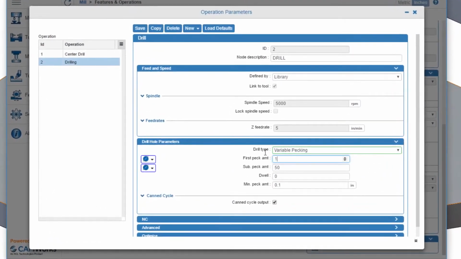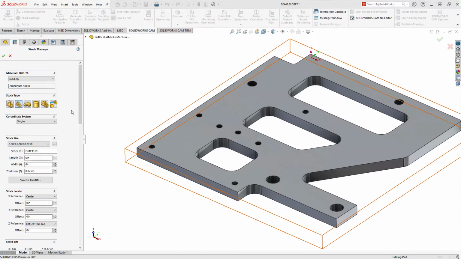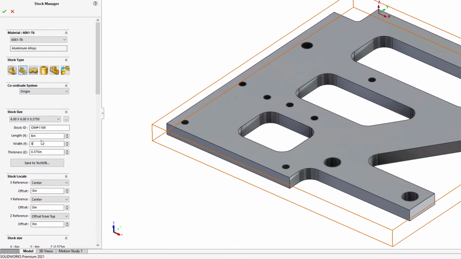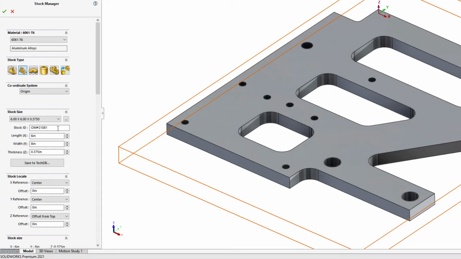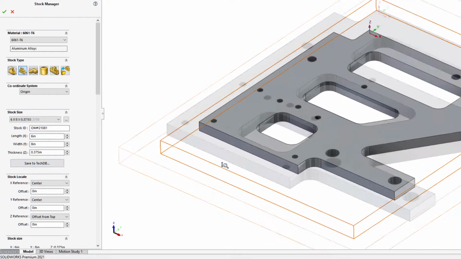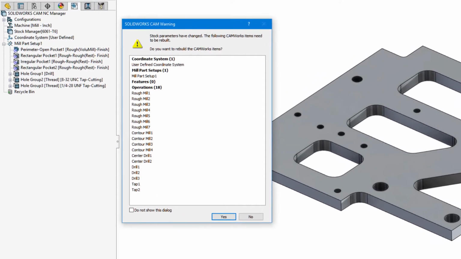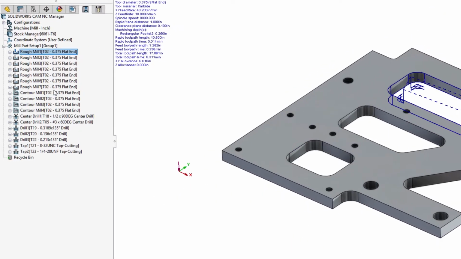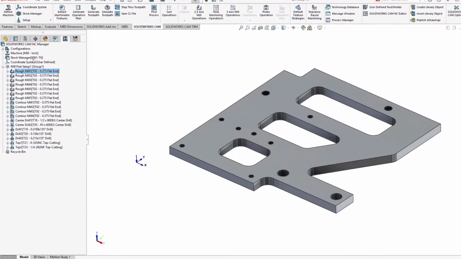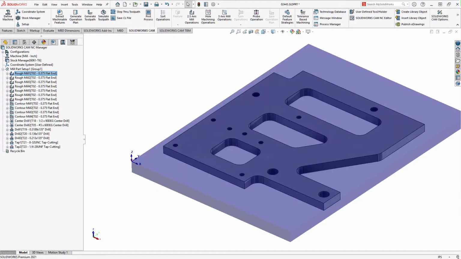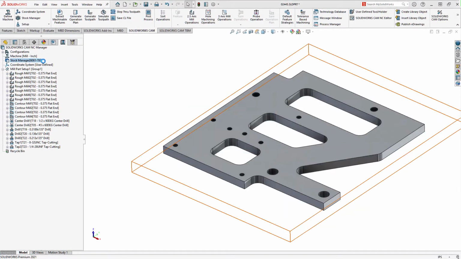become the next defaults. As it turns out, there's a supply on hand of 8-inch bar, so I'll make the changes and save that predefined stock to my TechDB. In 2021, a new prompt for rebuild is presented when stock is modified. Everything from the coordinate system feature to the thread operation needed to rebuild, and I'm more aware of exactly what's